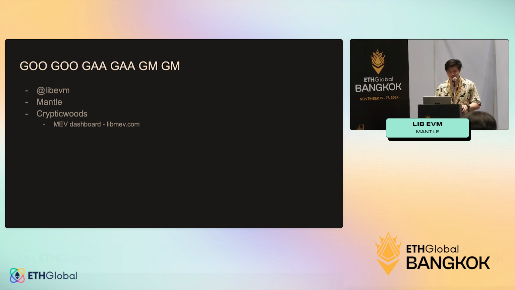Currently, I work at Mantle, and on the side, I work at Cryptic Woods, where we have an MEV dashboard. And in the process of making the MEV dashboard, libmev.com, I've run into a couple of challenges and issues regarding the data processing pipeline. And I thought I would just share my struggles with you guys today on how to better